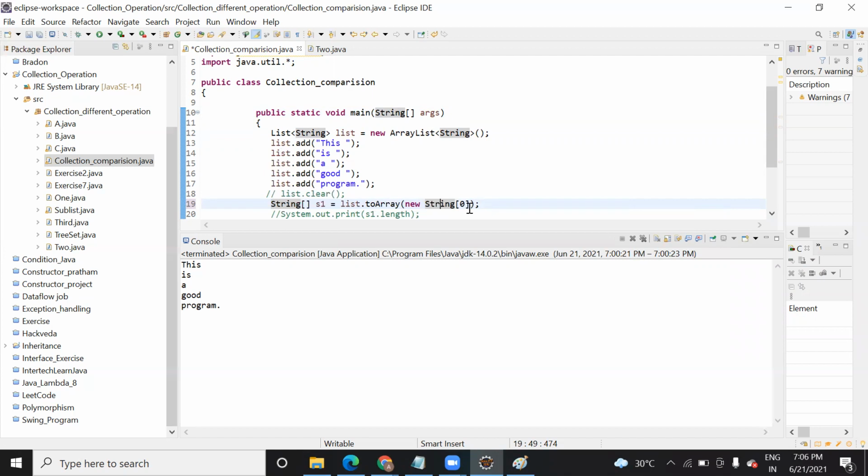So according to that, we should give the first index so that it can start providing memory to the elements from the beginning, from the zero index. But even if you pass any other number, in that case also it will provide memory. The reason is that this particular list is holding all these elements, so even if you give any other index, it will be able to provide memory to all the elements of that list.